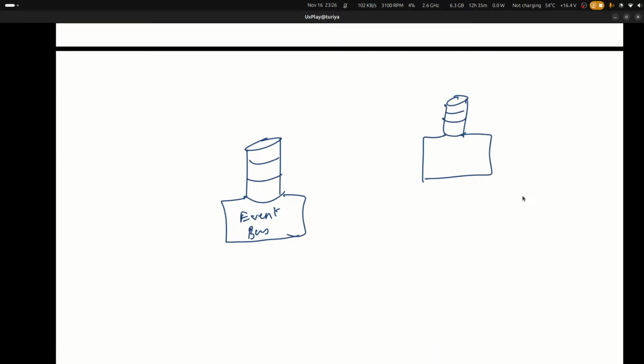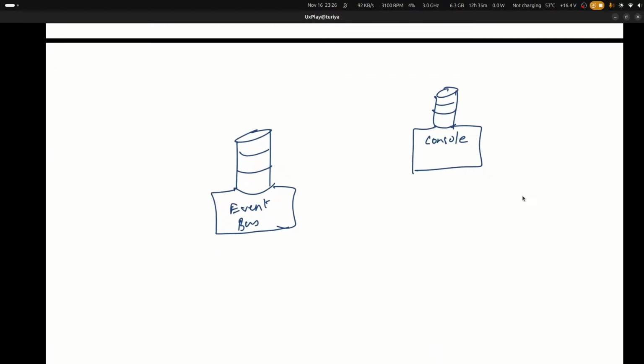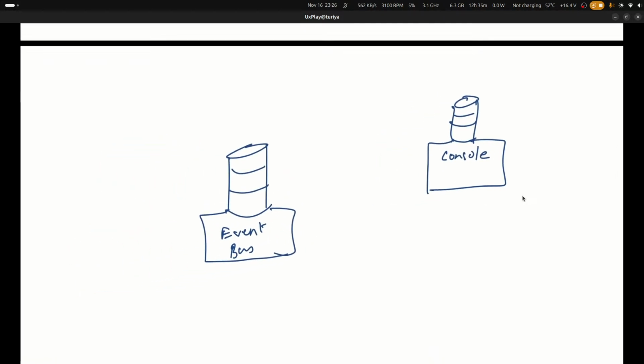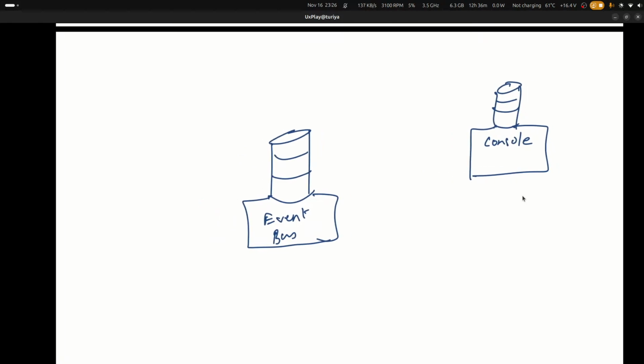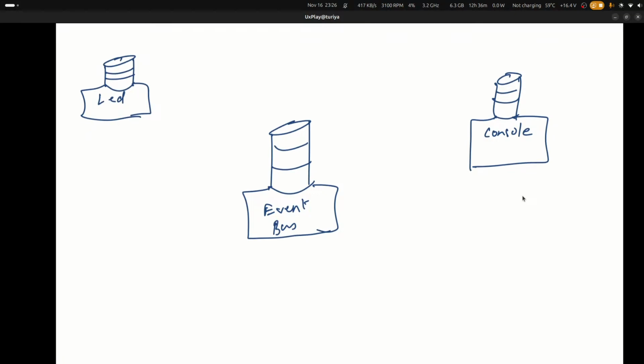To take the previous example, let's just say this is console. Similarly, this is some task, and just say LED. So now what happens is this event bus will expose certain APIs, and using those APIs,